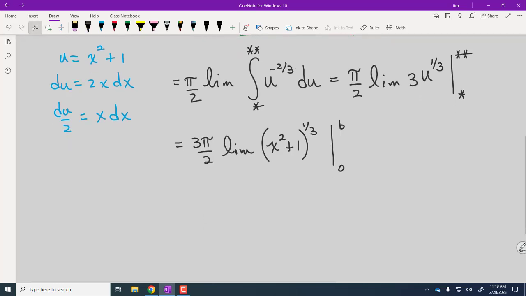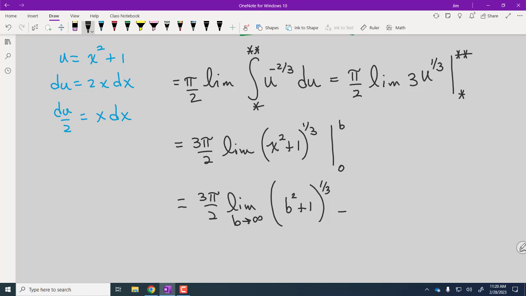Plug in the limits. So we'll have 3 pi over 2 multiplied by the limit as b goes to infinity. Here's where we will analyze the limit. So we're going to have (b squared plus 1) to the 1/3 minus 1. One to the 1/3 is just 1. And this limit is,